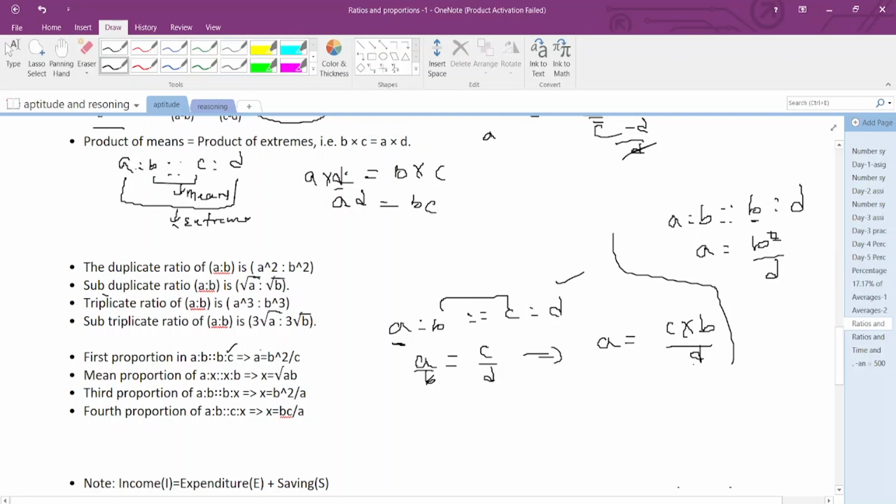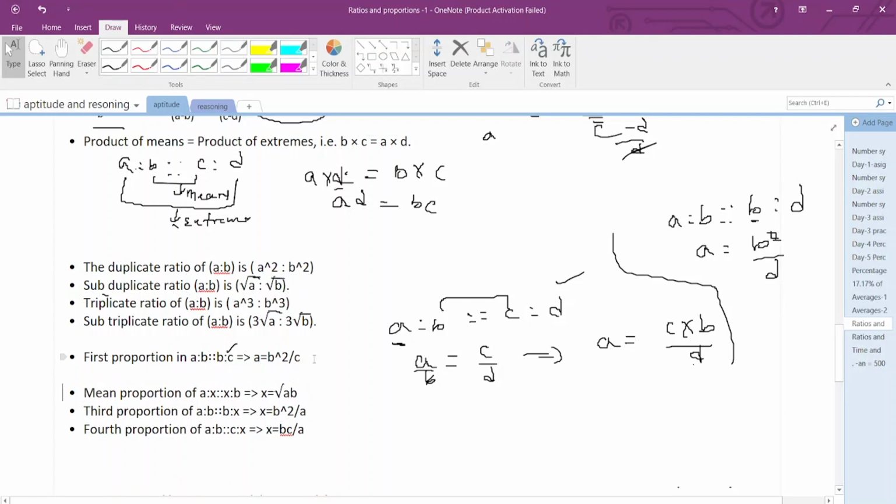Okay, this is called first proportion. And coming to the second proportion,